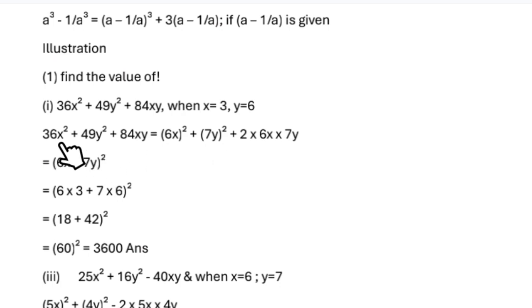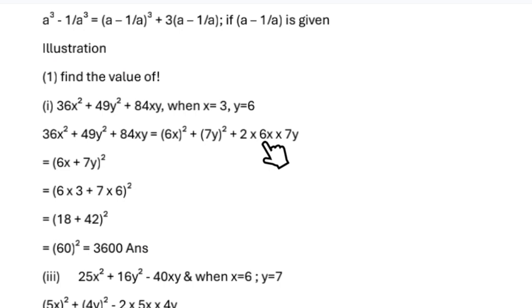So 36x square plus 49y square plus 84xy is equal to 6x whole square, because 36 is 6 square, plus 7y whole square, because 7 square is equal to 49, plus 2